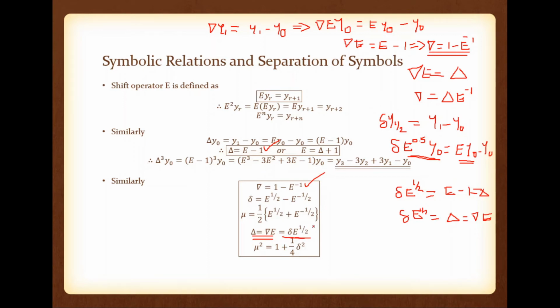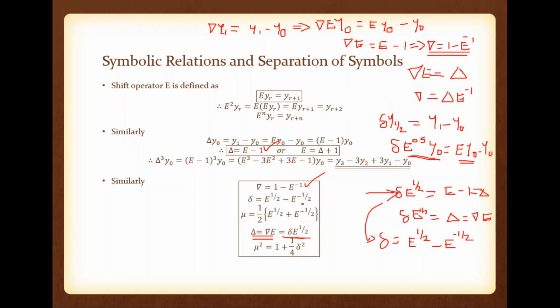Okay. Now, what is the relation between theta and e only? This is theta e raised to 1 by 2 equals e minus 1, right? So from this statement, what is theta? Multiply the whole equation by e raised to minus 1 by 2. On the left hand side we have theta. What about the right hand side? The first e will become e raised to 1 by 2, and the second will become e raised to minus 1 by 2. So theta equals e raised to 1 by 2 minus e raised to minus 1 by 2.